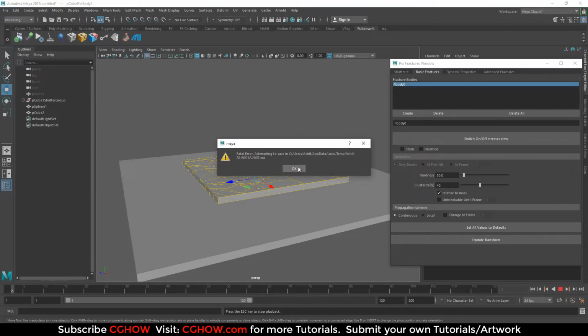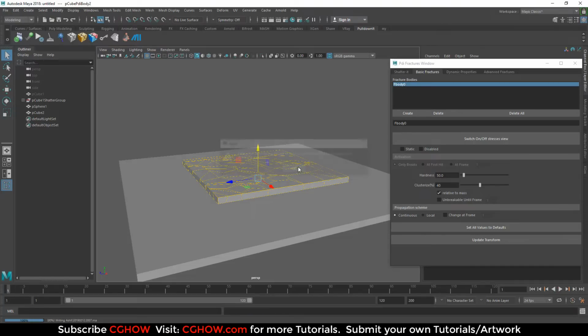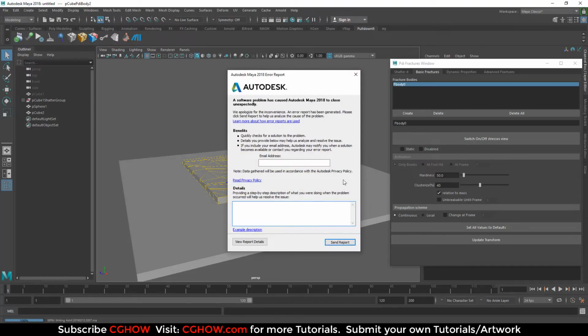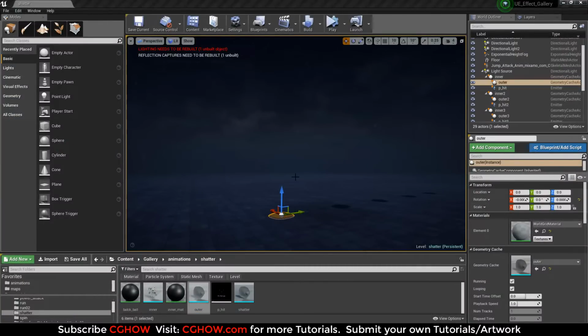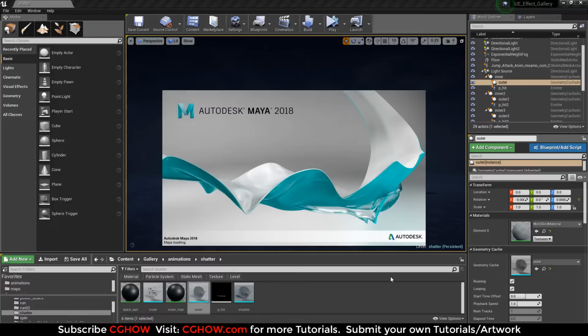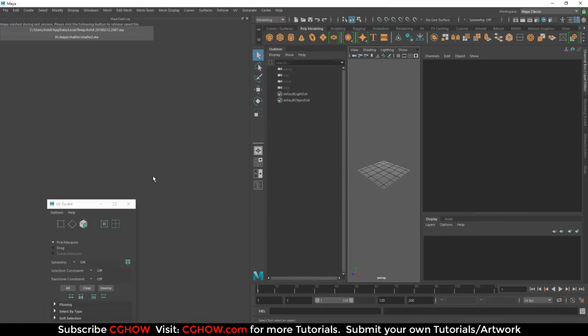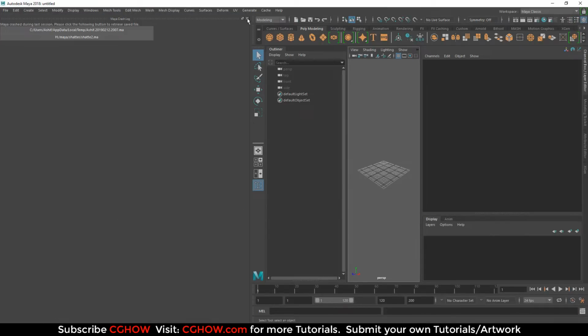Okay, so my Unreal just crashed. Maya. So I will show you again, or maybe you got the idea of how the shatter works. You just have to place a ground where your shatter can collide. So quickly,